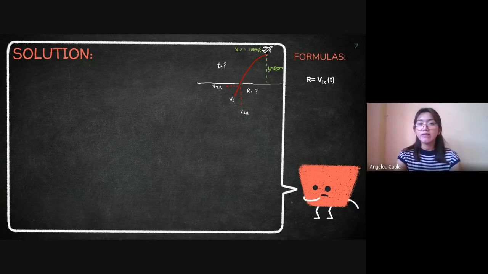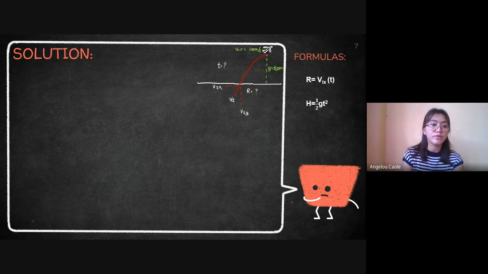And in finding the time, we are going to use h is equal to 1/2 gt squared. Of course, we cannot calculate the value of range if we do not have yet the value of time. So let's start getting the time first,